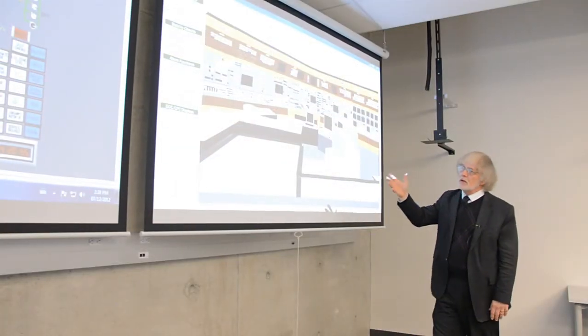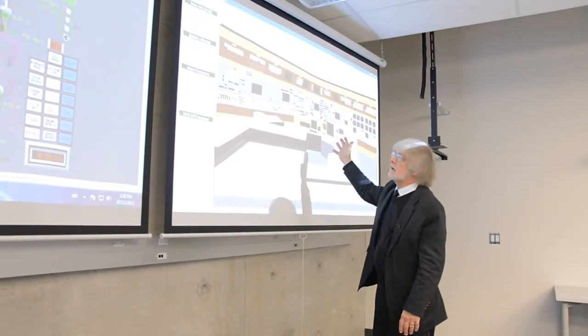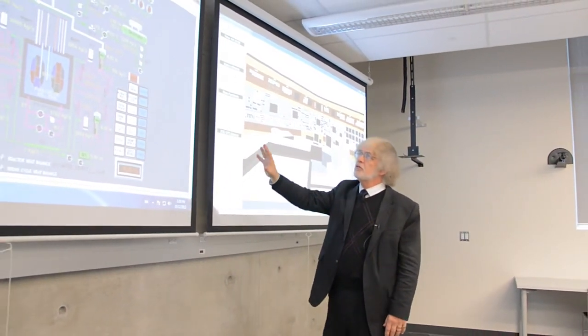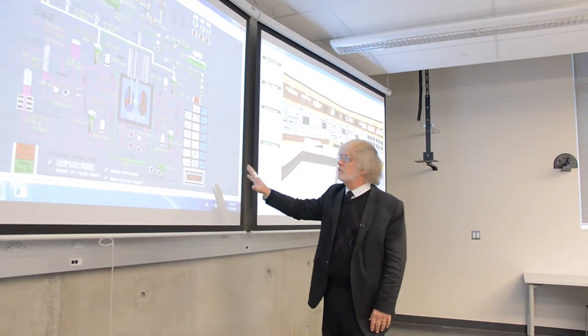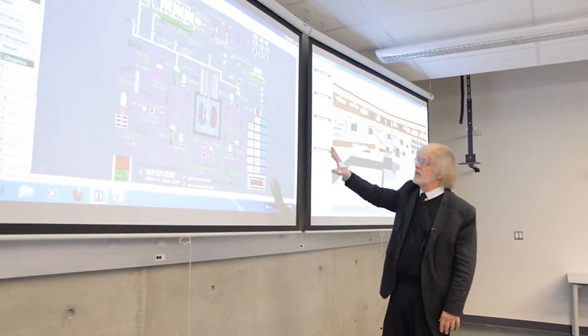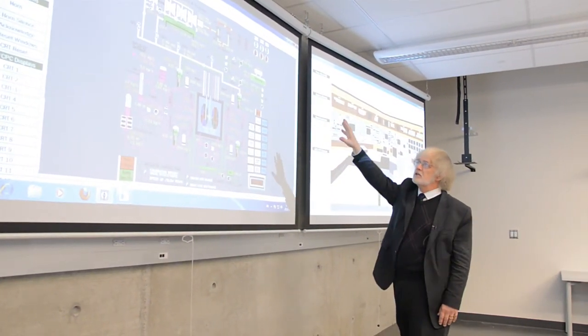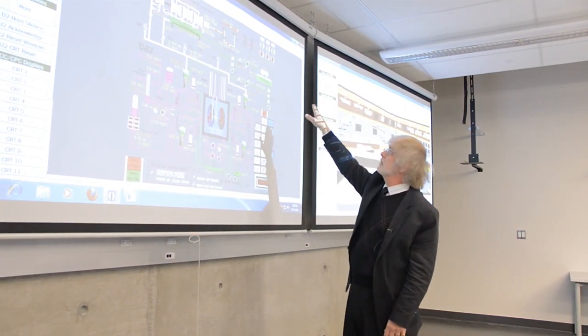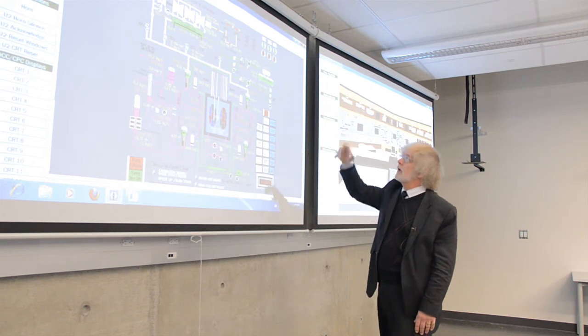So as we move along the screen, if I were to go here and zoom into one of the panels, you come over to a shot that looks like this in the middle screen. It gives us a more detailed look at the power plant. We can see our turbine generator at the top and the connection out to the grid. You can see our plant's making